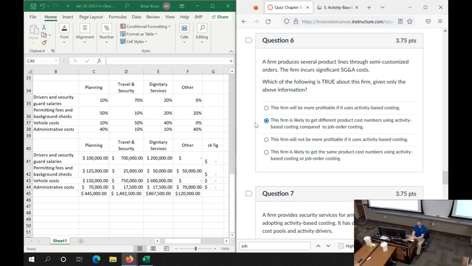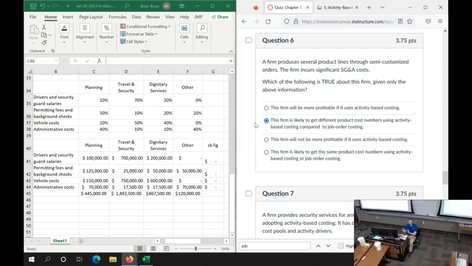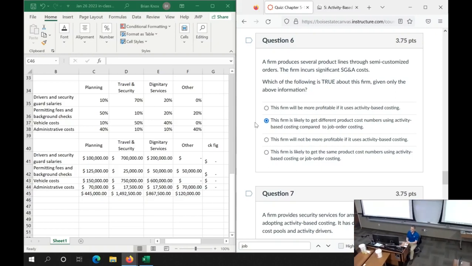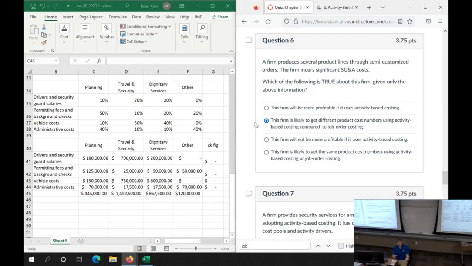So anyway, the case involves what kind of costing system should they use? Should they use job order costing system? Should they use process costing? Should they use activity-based costing? Should they use some sort of hybrid between the two or the three? Anyway,